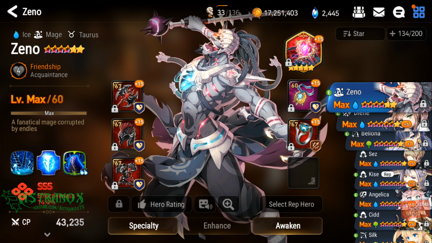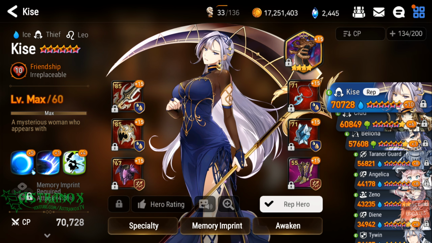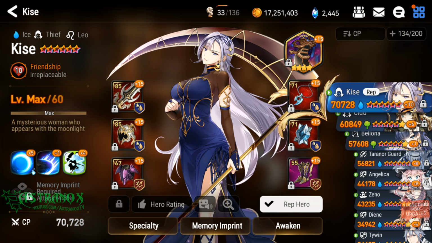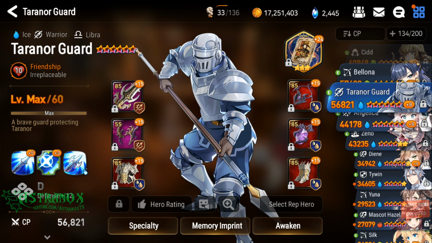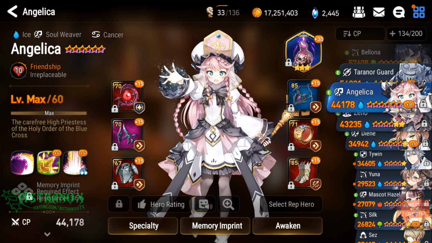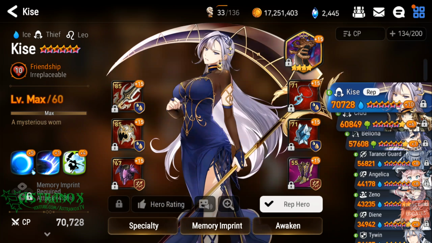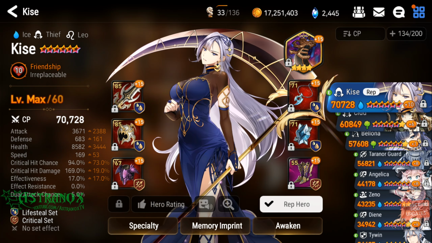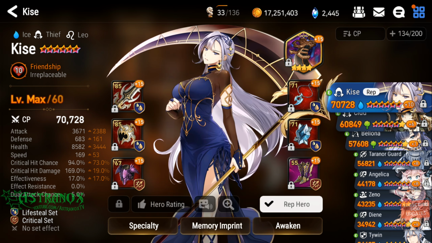Let me show you the gear here for my team. Alright, so skill ups first. Kise, Taranor Guard, Angelica, and we know that Hazel doesn't have any skill ups already. And just pause if I go too quick when I show my gear. Now, like during the battle,